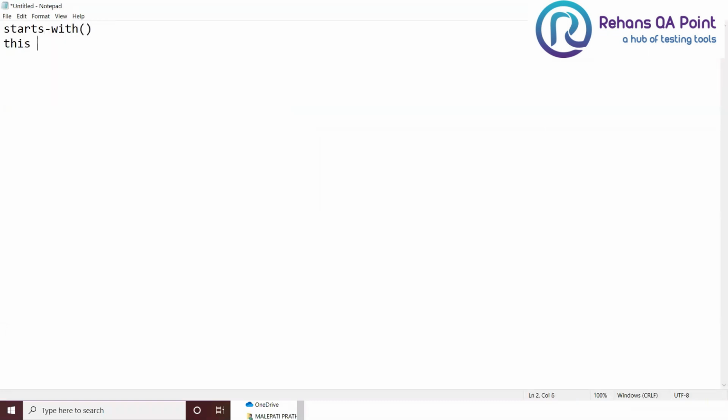Okay. So this method is used to identify whether a user given string is starting with a specific word or not.